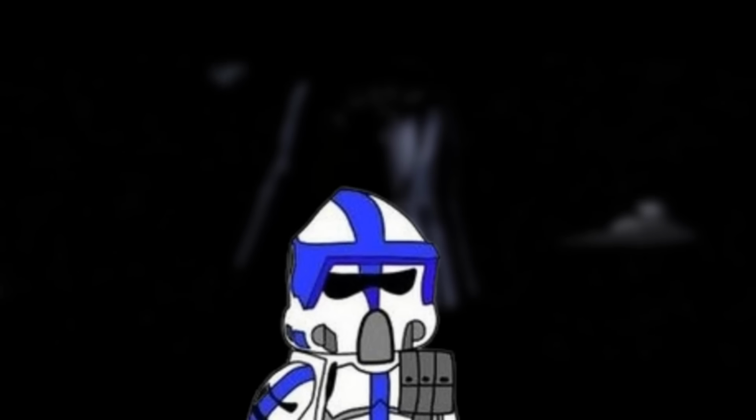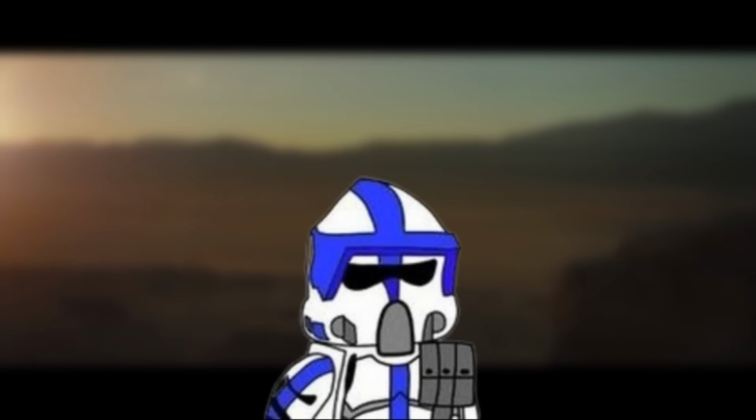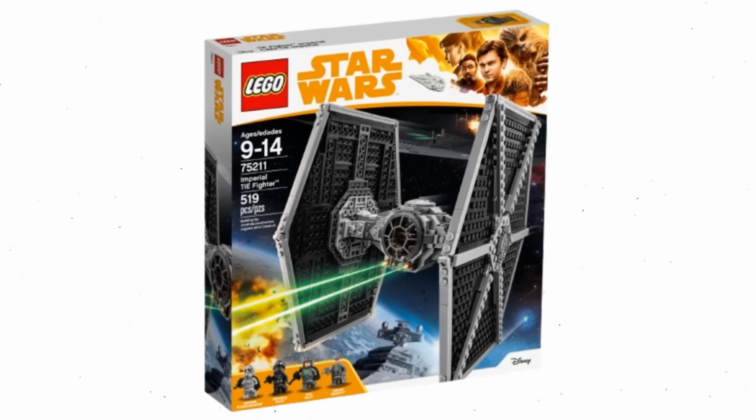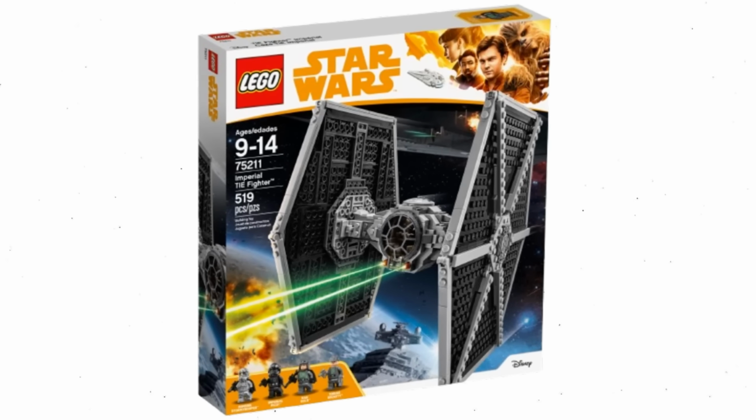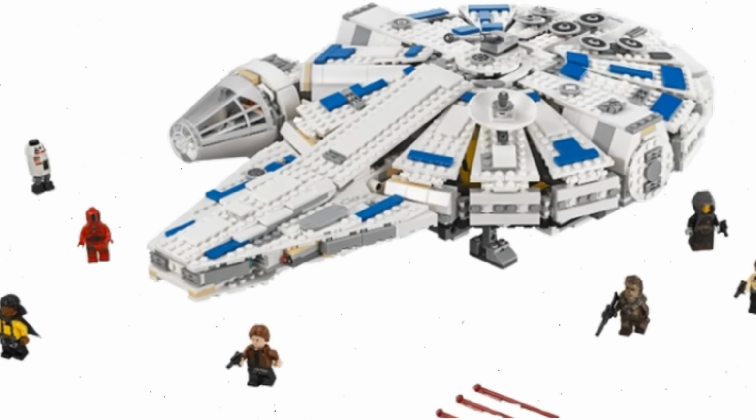Coming in at last place, to probably no one's surprise, is Solo. Now let me just say, I think there are definitely highlights in all movies' sets. For example, I think it's safe to say Solo definitely gave us the best TIE fighter ever, with an awesome minifig selection. And the Kessel Run Falcon, even with the old gaps between the panels, I think is a really